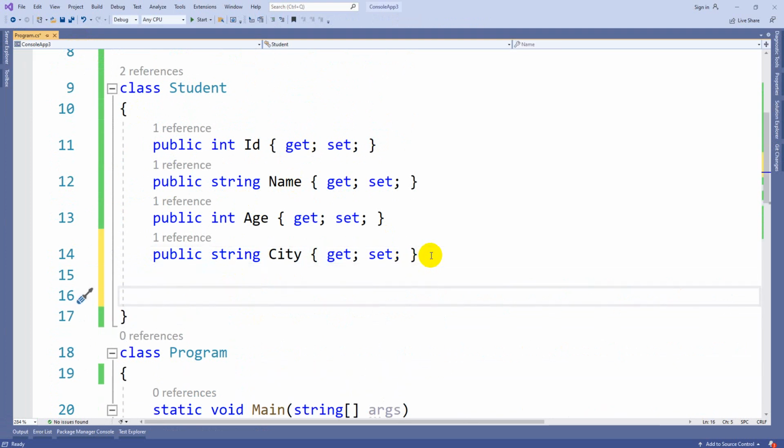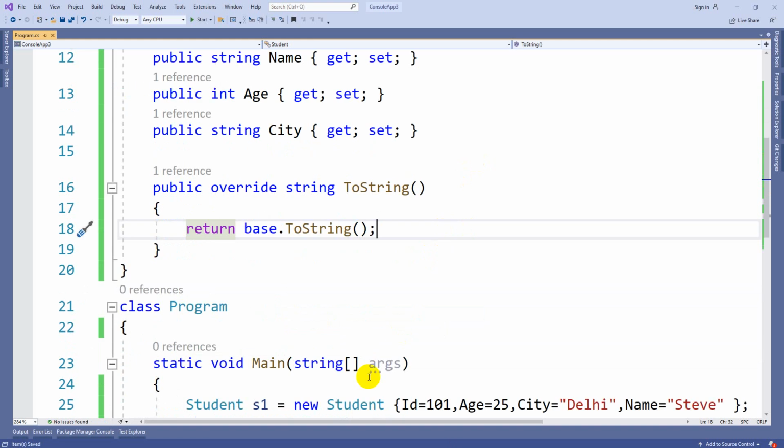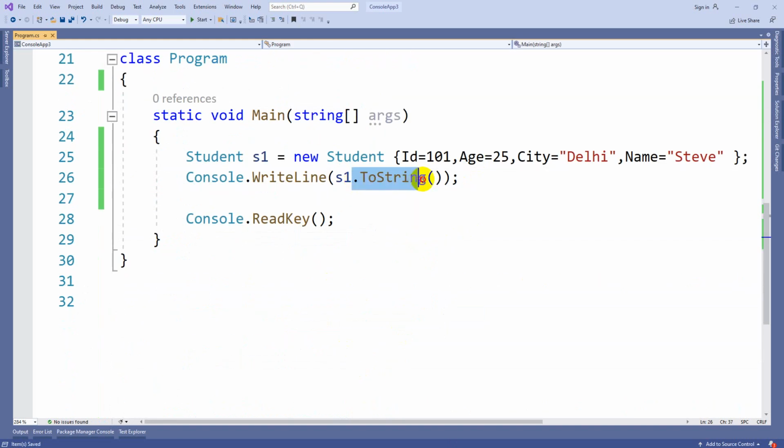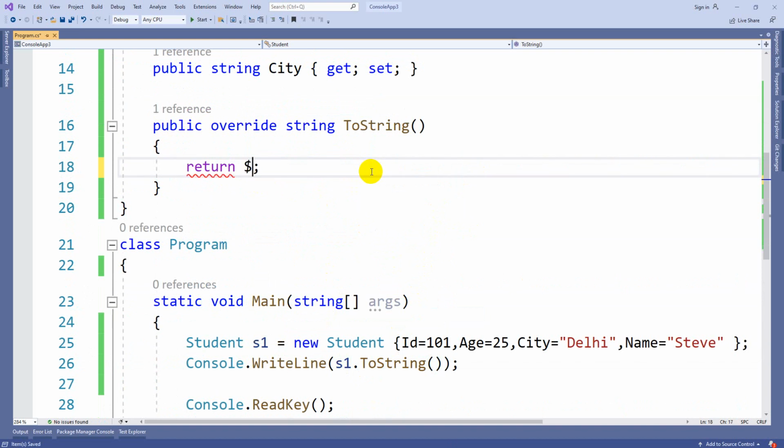Whenever you write public override, immediately you will see three methods. You can use toString, GetHashCode, and Equals. So first let us see the toString method. Whenever you are trying to print with toString, what it needs to print on the screen, you can customize it here.